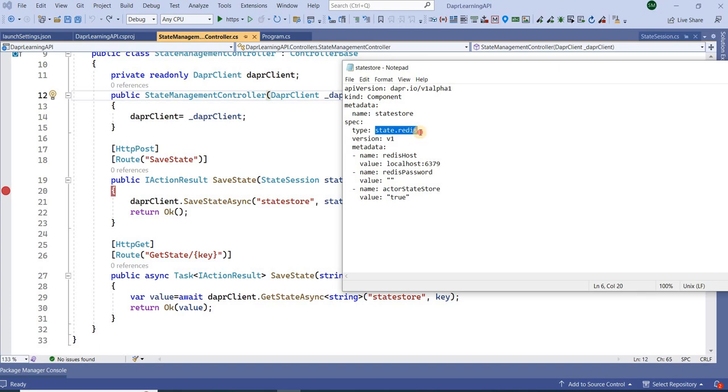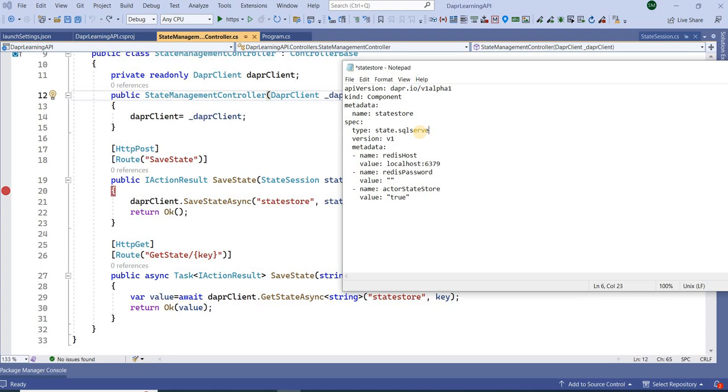If I say state.aws.something like sqs, in that case I'm going to use SQS. So like that we can use different things, right? If I say here SQL Server, it means to manage my state I will use a source, meaning database, or target as this SQL Server.